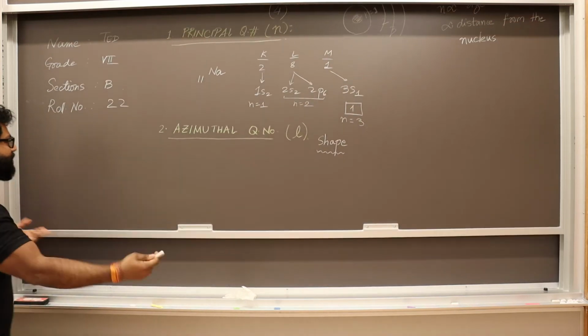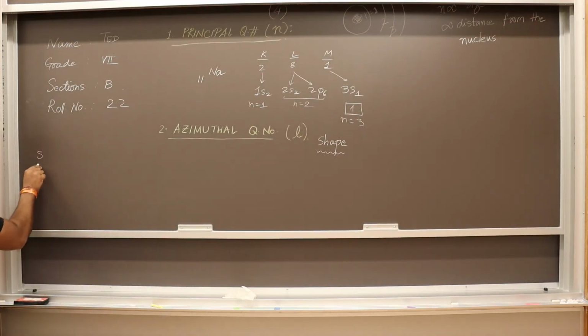Okay, so we saw that there are four kinds of orbitals. There can be more, but as of now, let's focus on these four orbitals. We saw that there are these orbitals, right? Now, we know that these will have different shapes. Okay, we'll just see those shapes. What are those shapes? But for now, let's